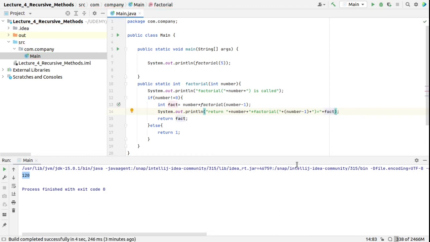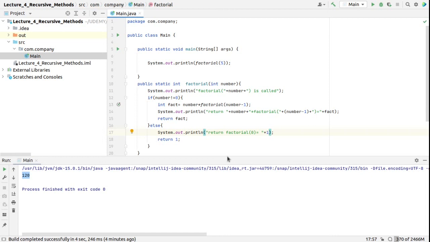Okay, and we can add one more log line here. System.out.println("return factorial 0 is equal to " plus 1). Okay,